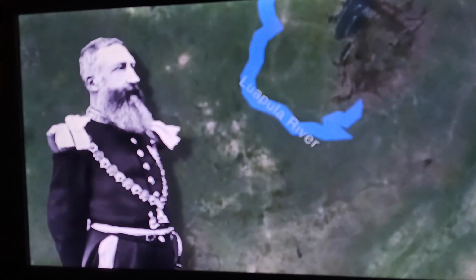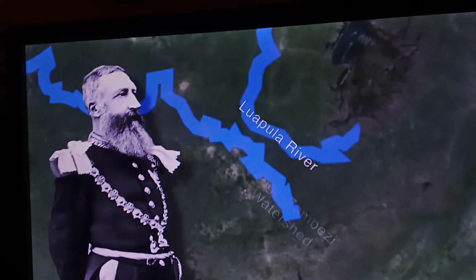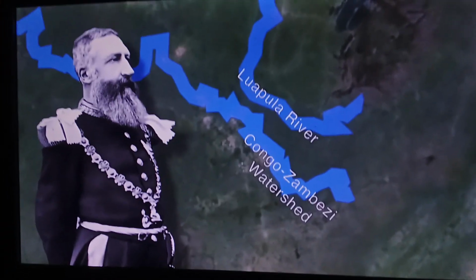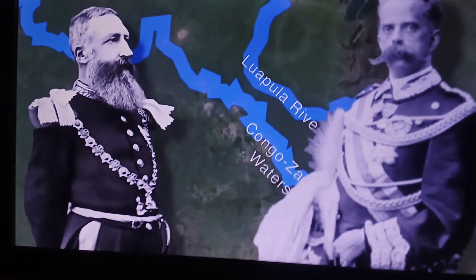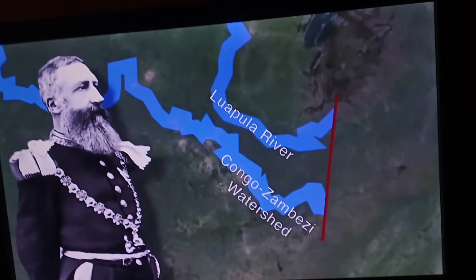Basically, he claimed the borders to ride along the Luapula River and the watershed between the Zambezi and Congo, which was to be the southernmost borders of the country. But the whole thing was still a little hazy and unclear, so he invited the King of Italy to draw a straight line and then end it, in which the Africans had absolutely no consultation.